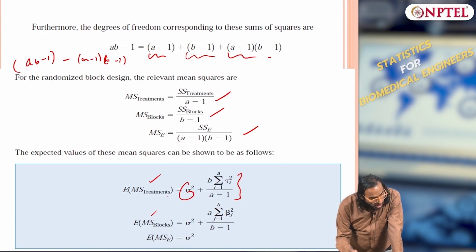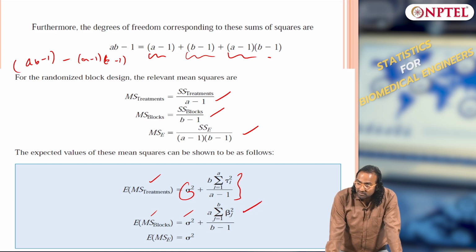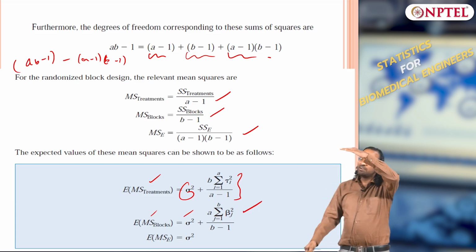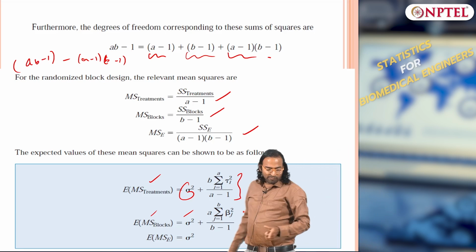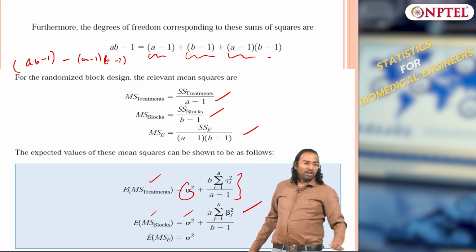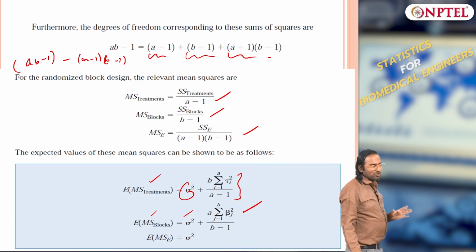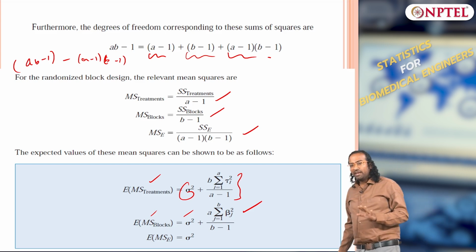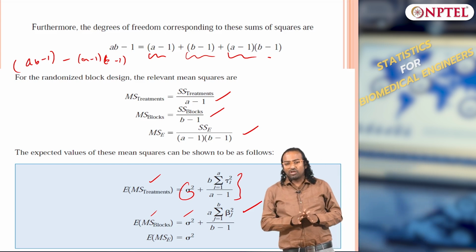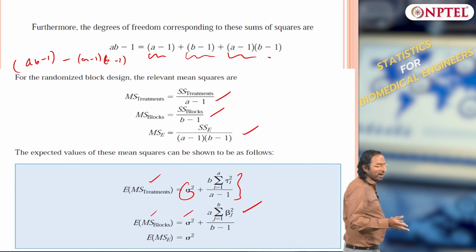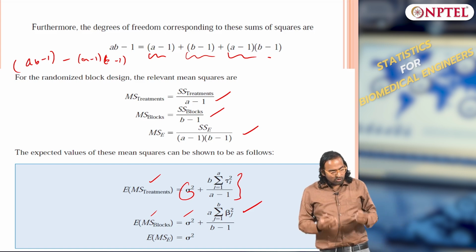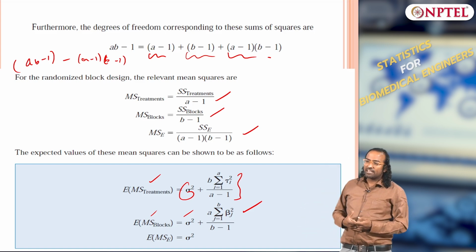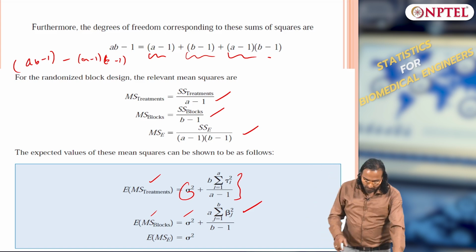Similarly, mean squared block will be sigma squared plus summation beta j squared. Okay, tau i is for treatment, beta j is for blocks. So your mean square block will be the expectation of mean square. Remember, all of them are random variables, because you are only estimating mu grand using y bar dot dot, your treatment mean using y i dot bar, your block mean using y bar dot j, etc. So these are all random variables, so you can take an expectation operator on it. If you take an expectation operator, this is what I have.